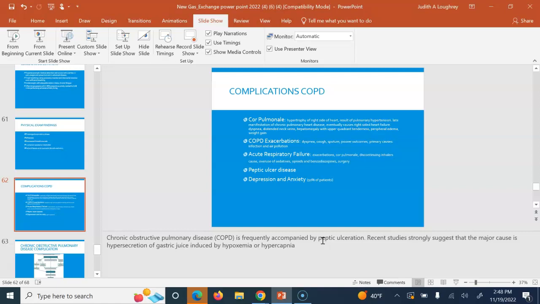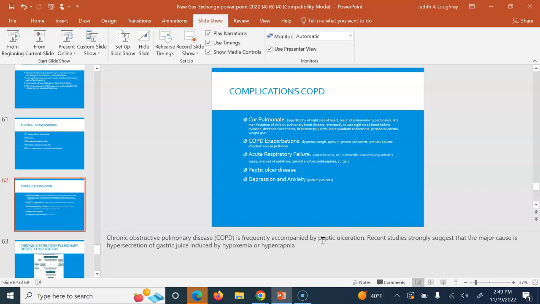COPD exacerbations are another complication, where you have dyspnea, cough, sputum, and poor outcomes. The primary causes of these exacerbations are infection and air pollution. They might have a complication of acute respiratory failure, which is related to the exacerbations, or cor pulmonale, or the fact that they discontinued using their inhalers, overuse of sedatives, opioids, or benzodiazepines, and then sometimes surgery can institute that. People with COPD also have a